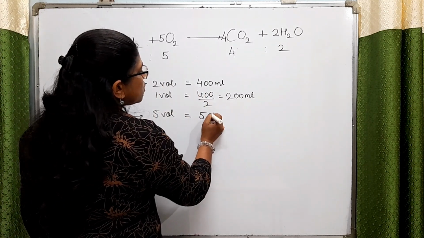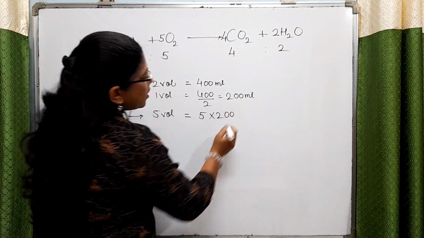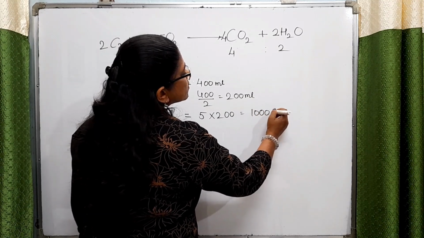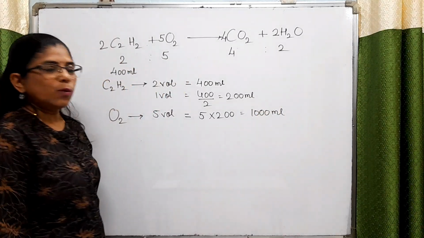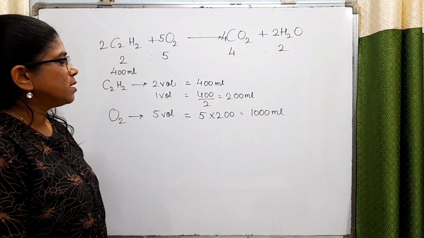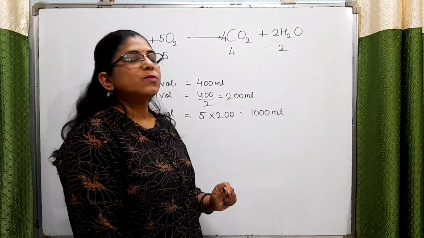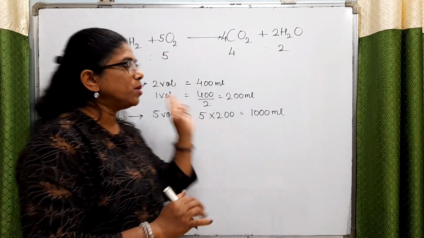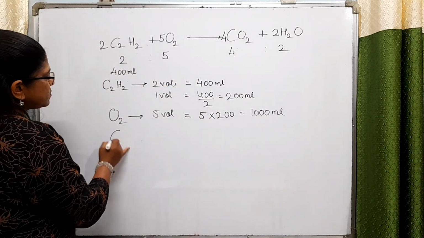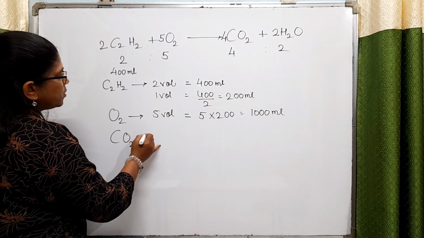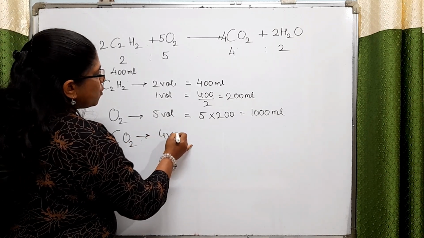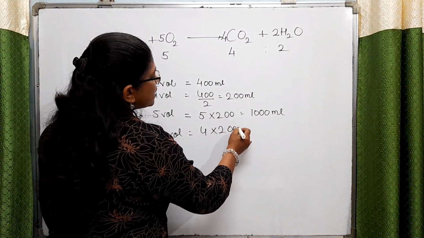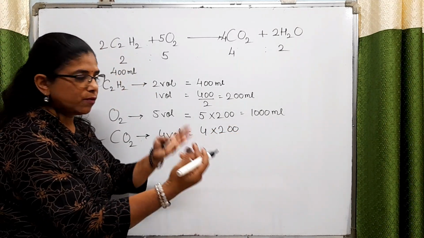So oxygen required is 5 into 200, which is equal to 1000 ml. 1000 ml of oxygen is required. Our next question is, what is the volume of carbon dioxide formed in this reaction? Carbon dioxide formed here is 4 volumes, so 4 into 200, as 200 is the value of our 1 volume,